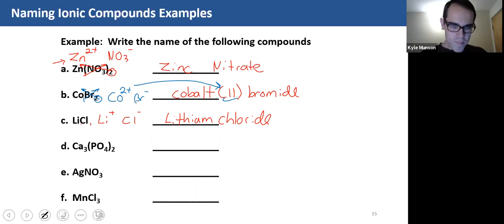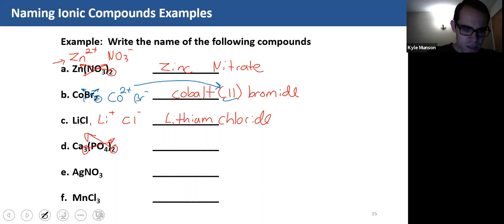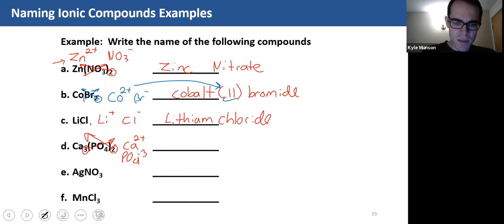Okay. So why don't you pause the video and try to write the names of the following 3 compounds, and then we'll do them together. So assuming that you did that, let's keep going. So again, here, this guy is going to get its charge. This guy's going to get its charge. So this is going to be calcium ion and a phosphate ion. If you look on the table, or if you look at the ones I said to memorize, calcium is not a transition metal, so we don't need to include its charge in its name. So this is calcium